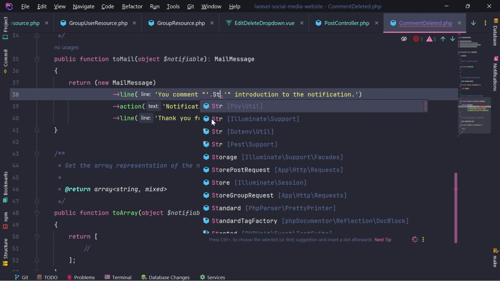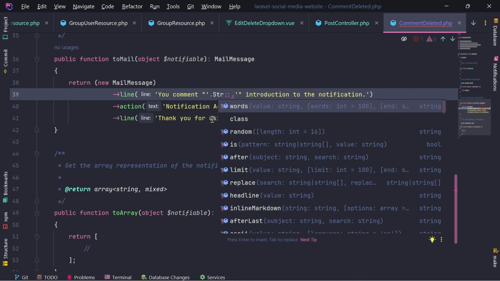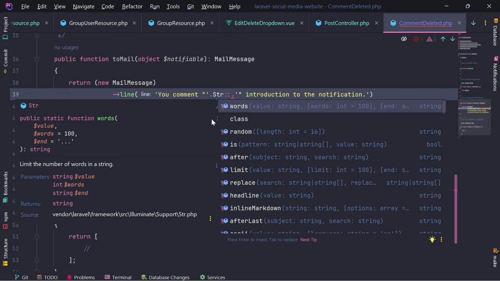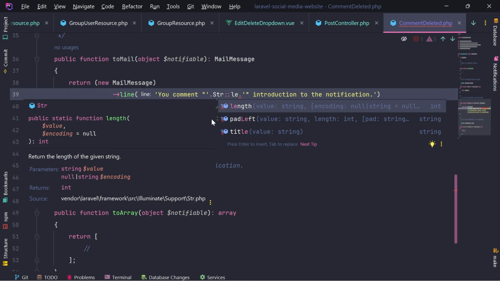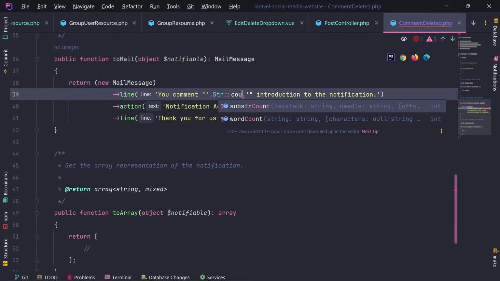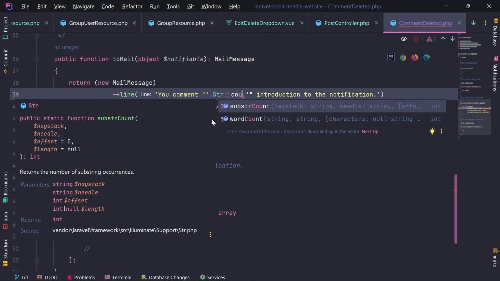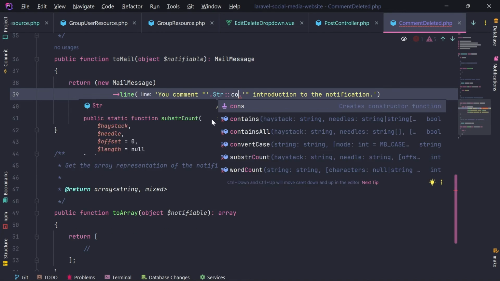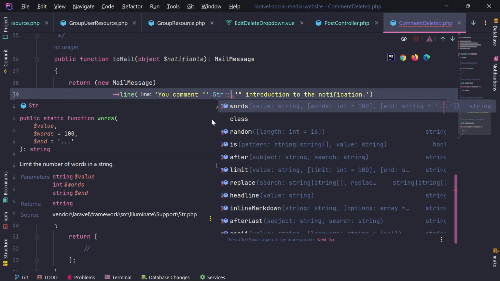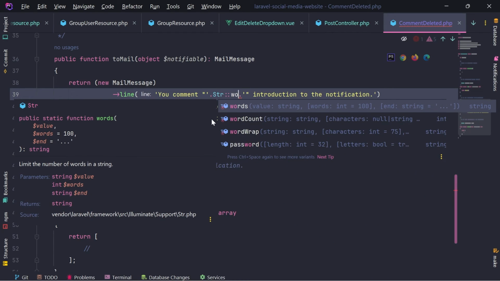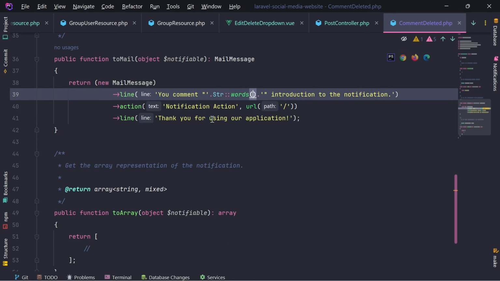Actually, we need different str support. We have these words, and do we have letters or count? Substring count. Okay, let's show first like 5 words. Okay, your comment